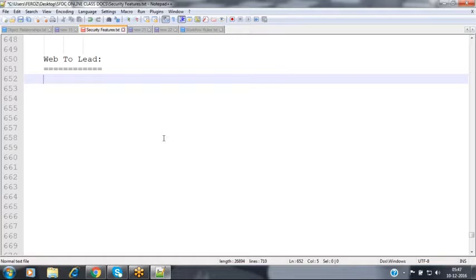Now, whenever we are capturing leads, as we already discussed in our initial concepts, we promote our organization's products by using various marketing processes, like conducting stalls, campaigns, TV advertisements, theater advertisements, trade shows, banners, and web conferences. Like that, there are so many ways to promote your organization's products or services.